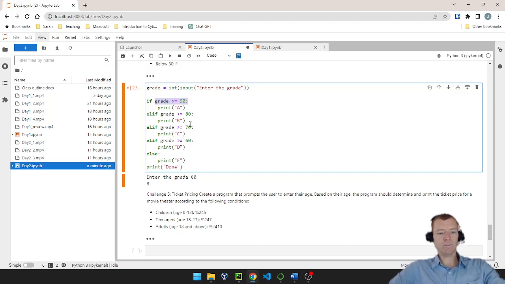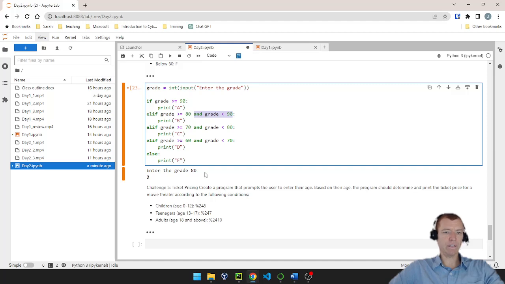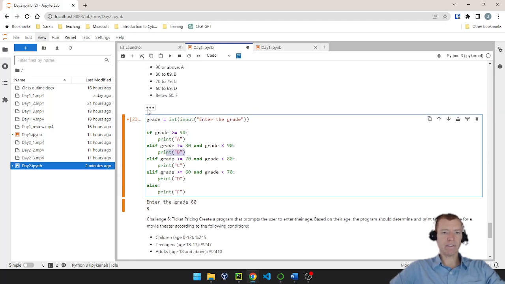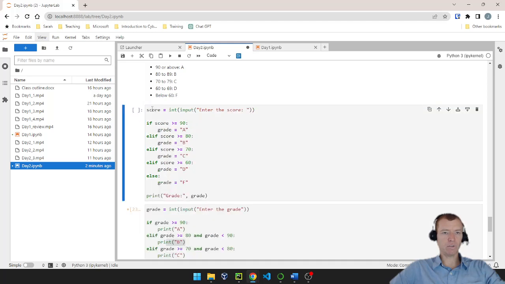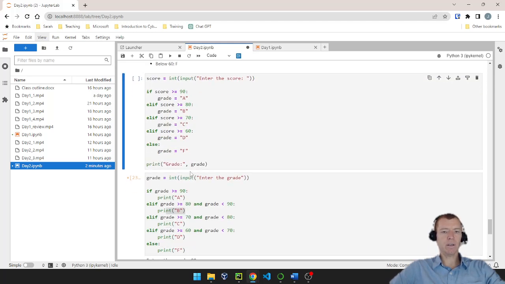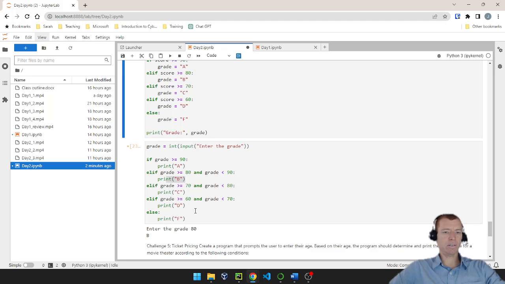But I like to leave those in for clarity, right? So that way I understand exactly what it requires to get a B, but it's not necessarily required. In fact, if I look at my solution that I put in there, I left those out for posterity,